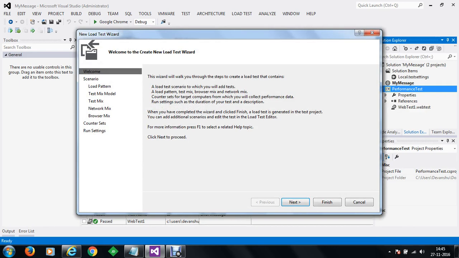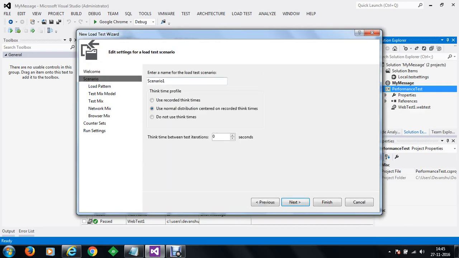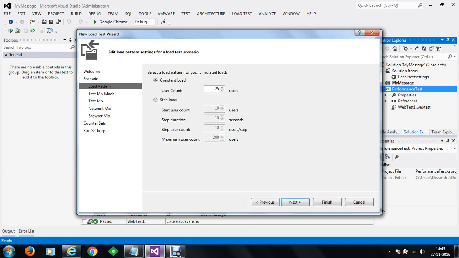So within the load test, let's go to welcome. So let me check. This is load test for, let's say, 300 users, and normal distribution of the recorded think time will be done. So let's go next. Load time parameter will be for, let's say, around 300 users, and the step load will be nothing. We'll go with the default test conditions.